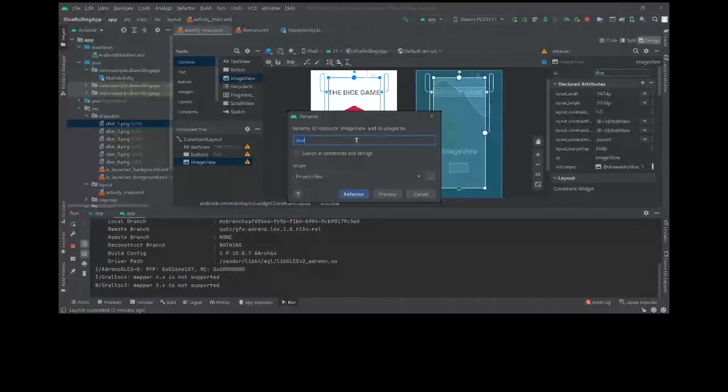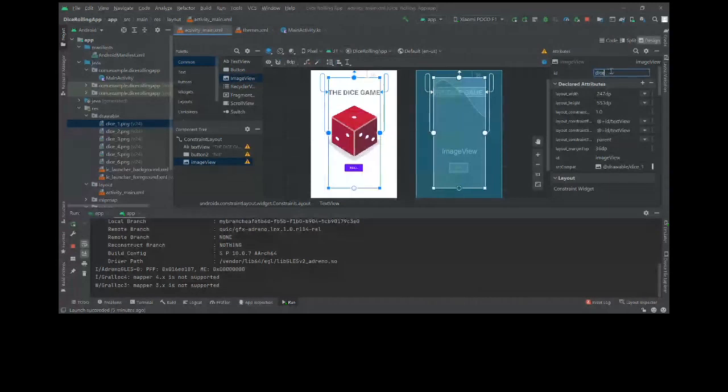What refactor does is change the occurrences of its previous name. Previously its name was something else, right? Now if I change its ID to dice, the ID must be used in different parts of your application, so we have to change the value everywhere. But in Android Studio, you don't have to worry about that.